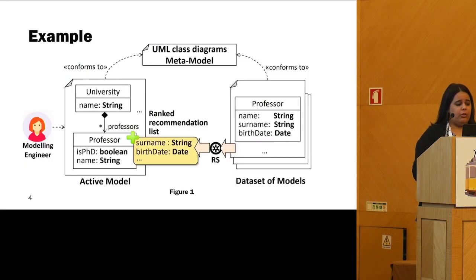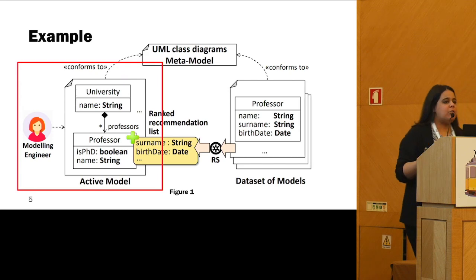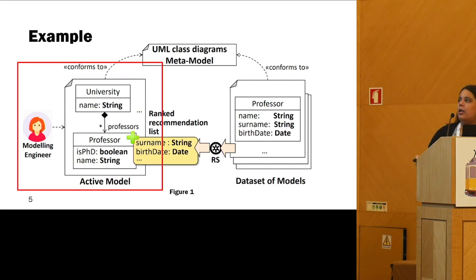So in the context of model-driven engineering, here we have a class diagram. On this part here, the class diagram has a class Professor, and Professor has two attributes, pretty simple. At this particular moment of the development of this model, the modeling engineer wonders what other attributes they may want to add to this class. So from